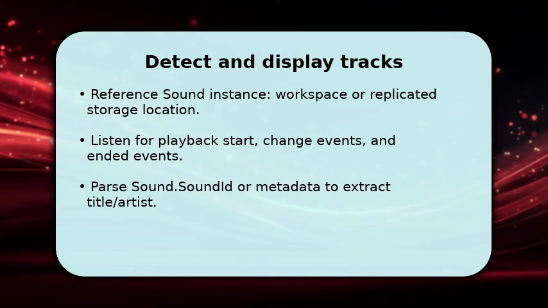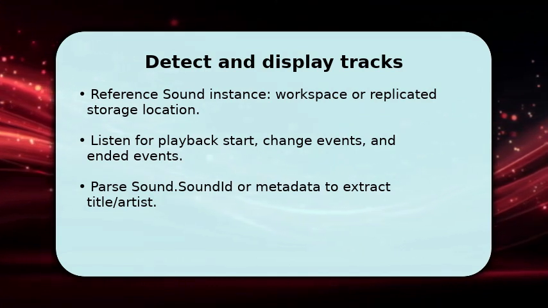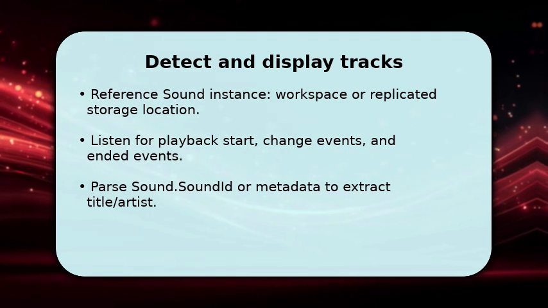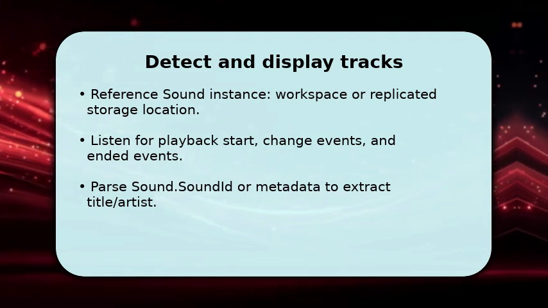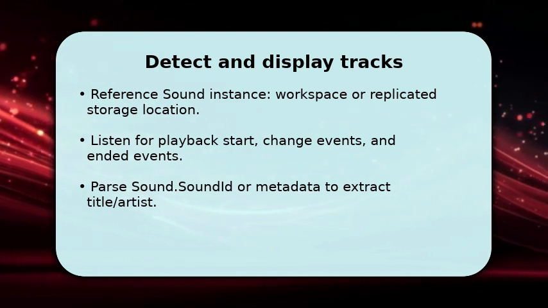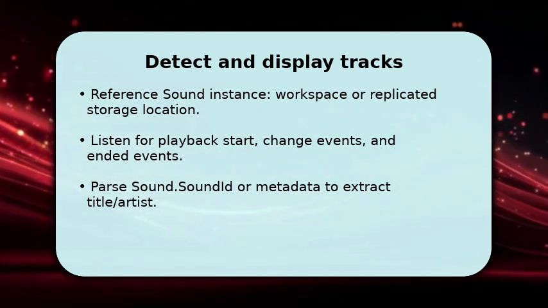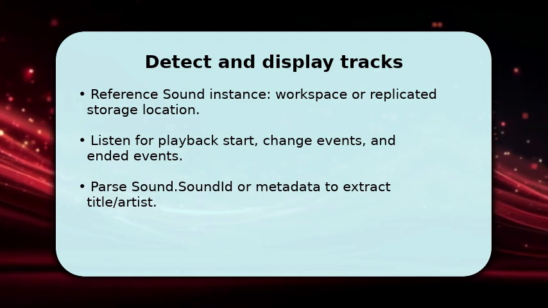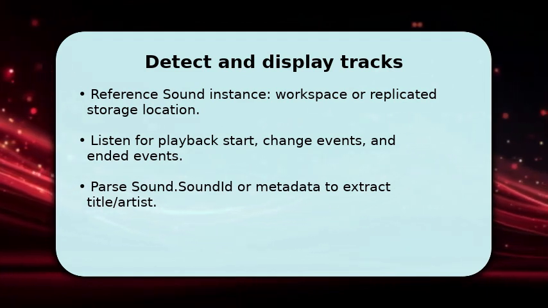In the local script, find the sound instance you will use and connect to its playback events. When playback starts, fetch the sound ID or any metadata and parse it into a readable name. Update the text label with a concise string like Now Playing, song name, artist, and animate opacity or slide